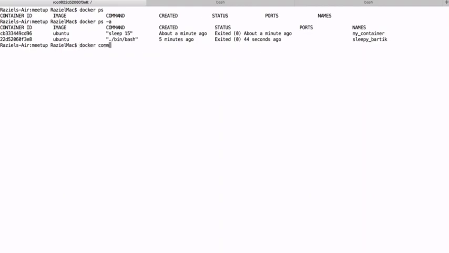Docker commit, and we're going to give the flag -a for the author, and that will be LZLT. And now we'll specify the container ID. We don't have to give the full ID. We can in fact use only the first 3 to 4 letters. So let's use